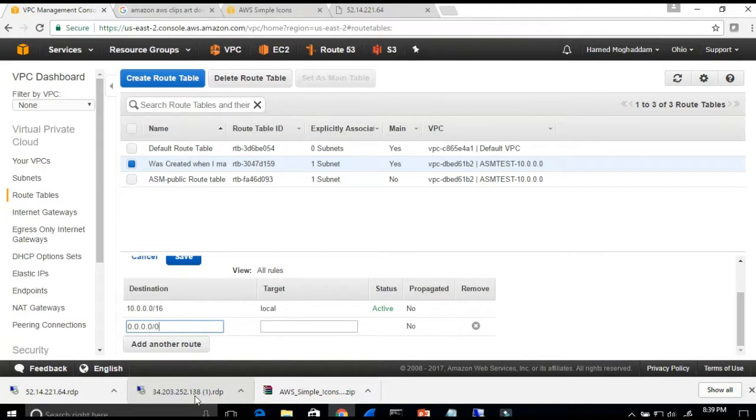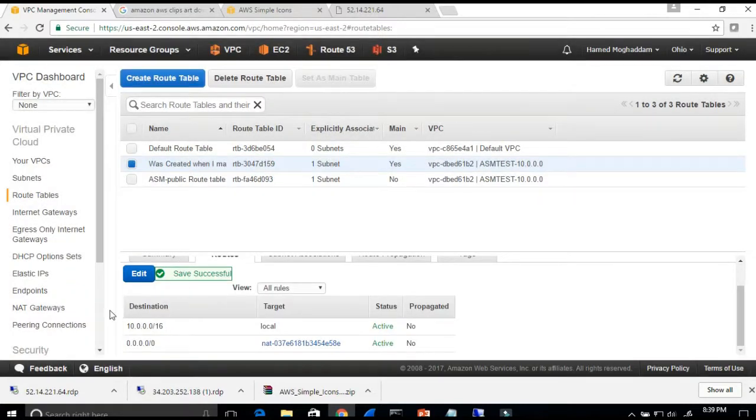0.0.0.0/0. I put a tab key. Now you're going to see NAT. This is the NAT gateway, right here. Pretty cool, isn't it? Then you're going to see Save. Okay. So what does that mean? Again, any network 10.10.10, that's local. They talk to each other. Any other network,